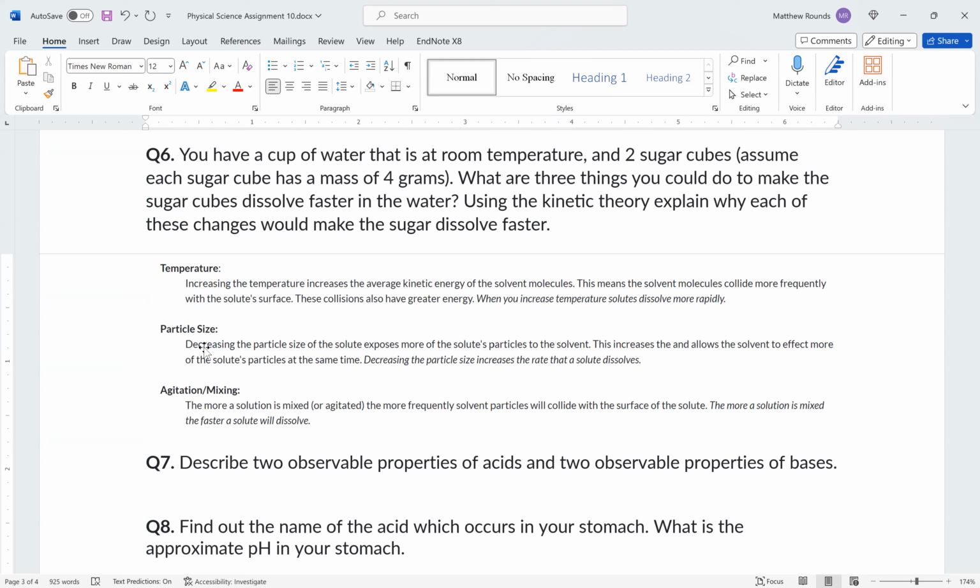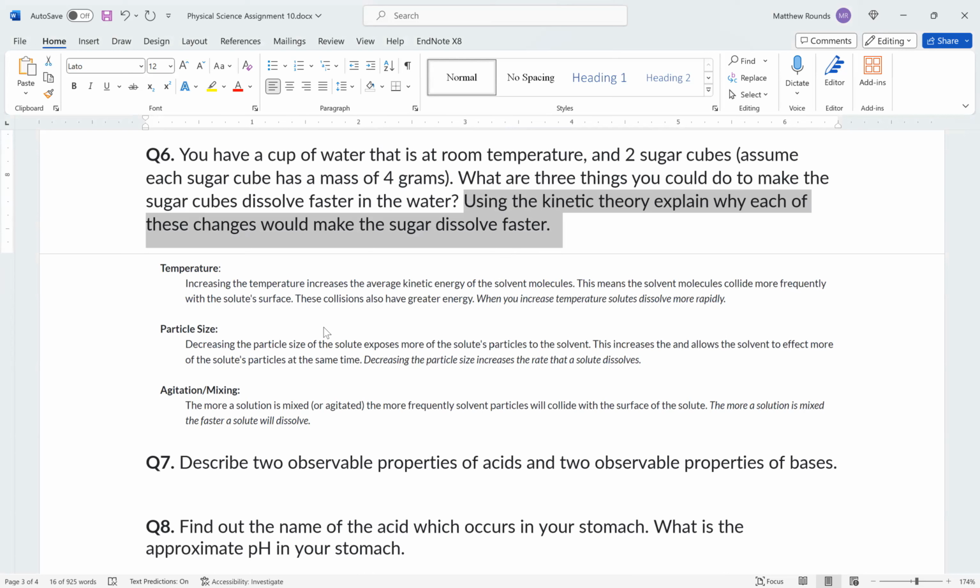All right, here's what I wrote. Okay. That's the first part. You really want to add into each part. It says how, using the kinetic theory, explain what each of these would make the sugar dissolve faster. So